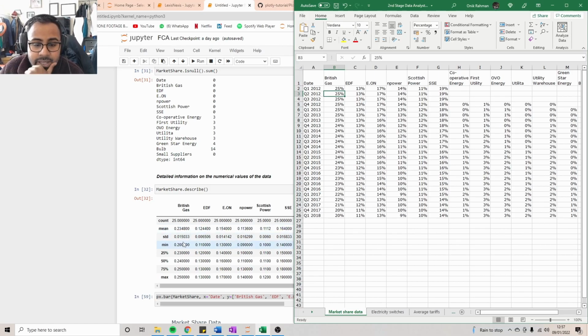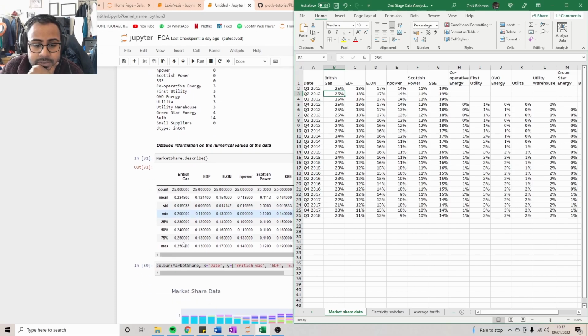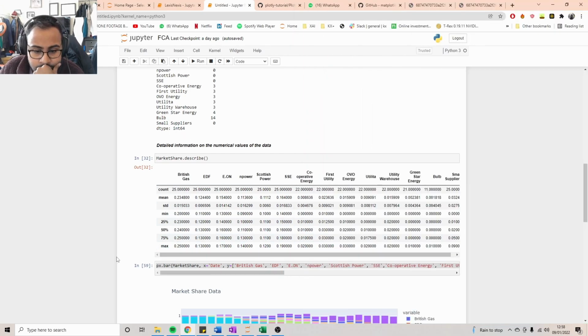So we have a standard deviation of 0.015, and we have a minimum of 20. We can check this, and we can also see that the maximum is 25. Perfect. Now, what I've decided to do, moving forward, because we are trying to visualize data and give it a sense to people that do not understand data number-wise,